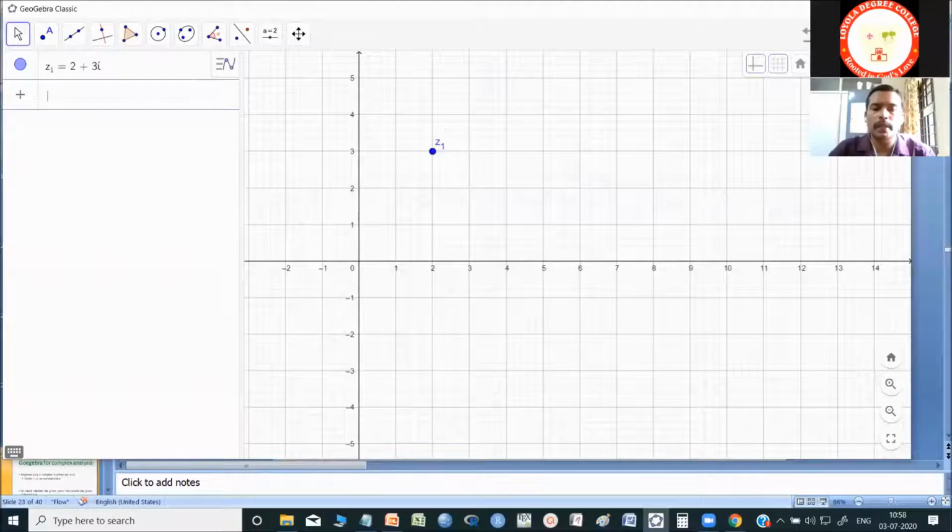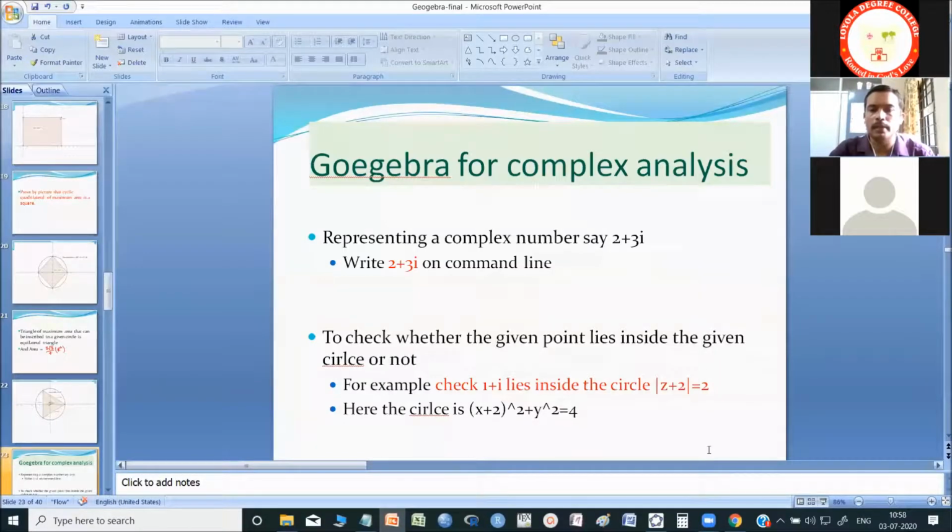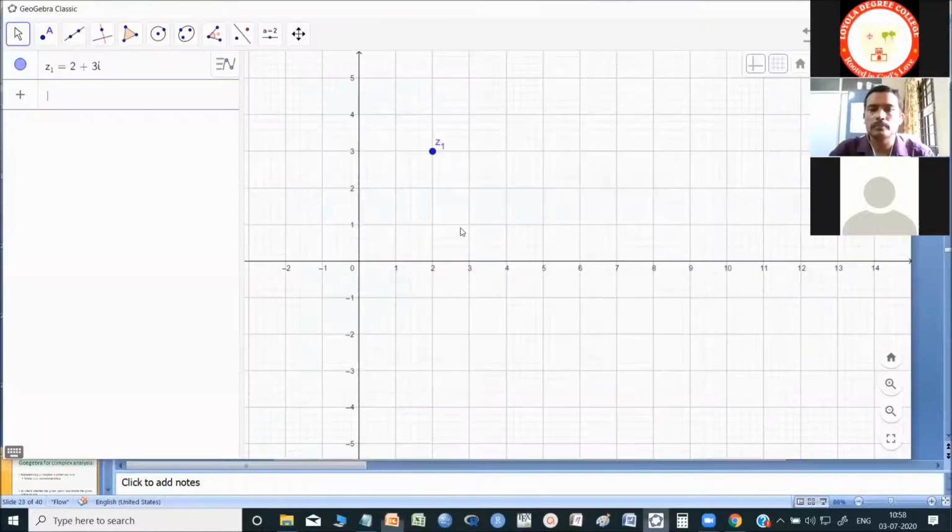So let me take the same. For example, here 2 plus 3i is already there, a point. First, let me make that point clear. This is my 2 plus 3i point.